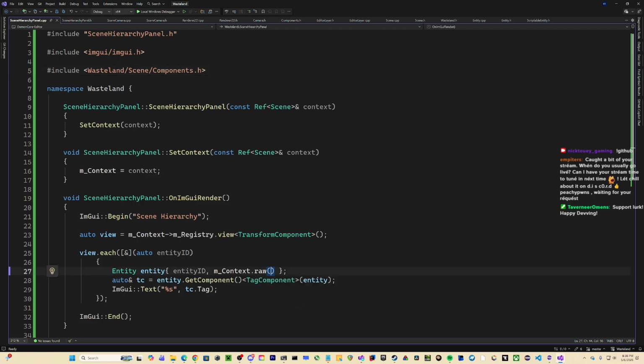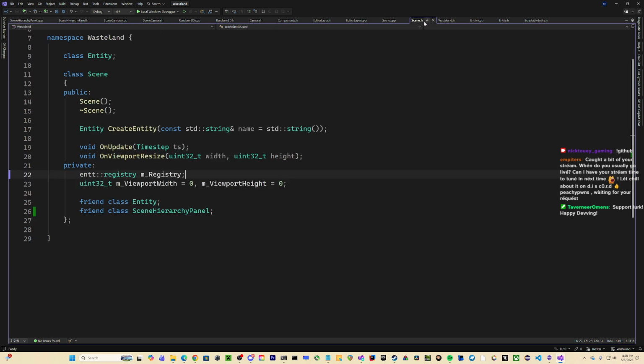Context dot, what do I have? We could probably use an already existing function. Probably on update or something. Maybe not. Who knows, really? I don't. I certainly do not.